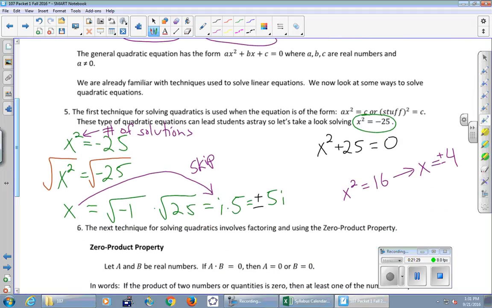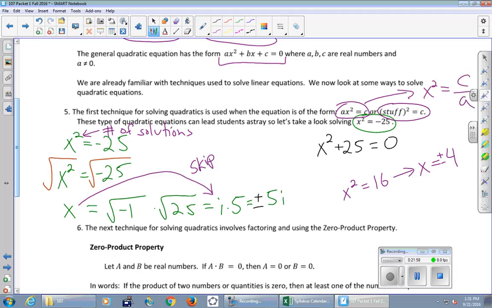So then in general, if you are looking at something like this, let's actually go back to this one first. Ax squared equals c. So that kind of looks like this equation up here, except there's no b term. So perhaps b is equal to 0, which is why it wouldn't appear. Okay, so in that case, I would move that a to the other side. So x squared equals, how do you move the a over? Divide, right? So c divided by a, just divide both sides by a.